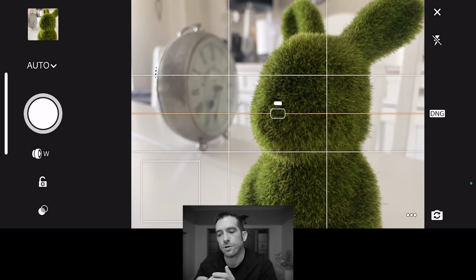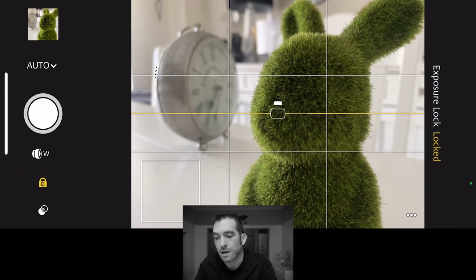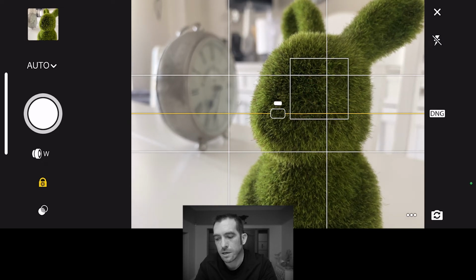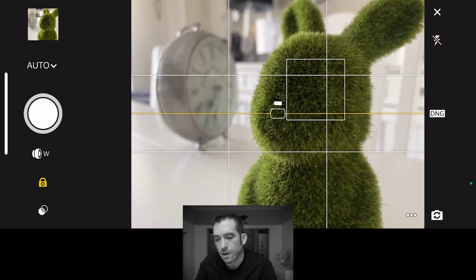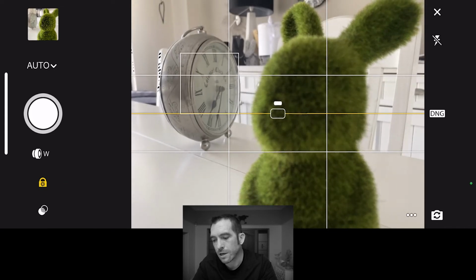And if I wanted to disconnect the exposure and the focus, I can just press this little lock button to lock my exposure. So now my exposure is locked for the table, which means I'm not going to be overexposing the table if I move my focus to other spots in the image. I'm still exposing for the white table, where previously if I went to the clock in the back and I unlock my exposure,